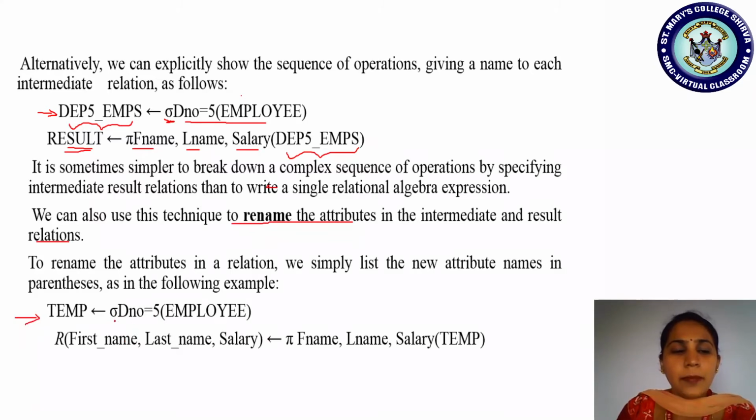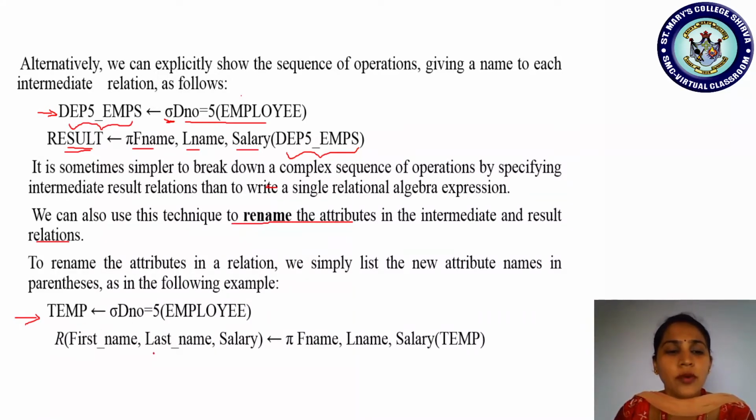Now in this example, select from employee where the employee is working in department number 5, where the employee attribute Dno should be equal to which value? 5. So 4 records will be shortlisted, and those 4 records will be stored in which relation? Temp. See, temp is a new name we have chosen to hold the result. So temp is holding only those tuples where the employees are working in department number 5.